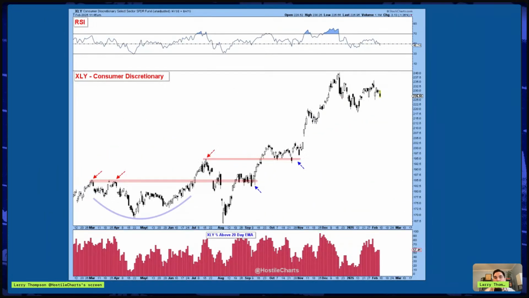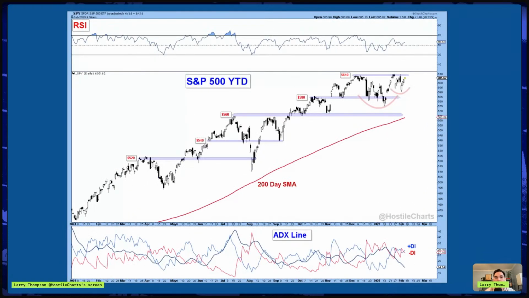And then when we actually go to the individual chart of the market, we see it, right? What do we see here? 610 as resistance, 580 as support. We see a base building, right? Long-term uptrend above the sloping upward 200-day moving average. But look at this bottom panel, the ADX line, right? ADX line 14, chat.